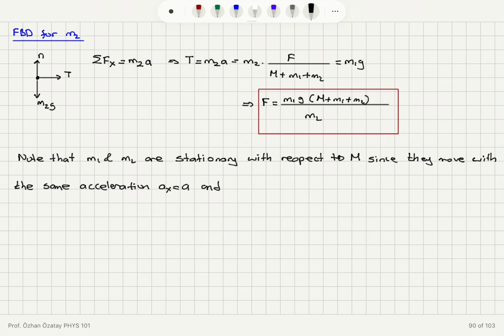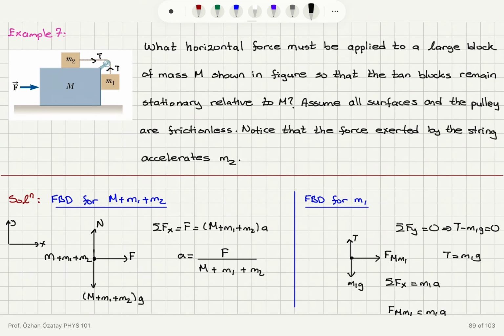A_x is equal to A and A_y is equal to 0. The motion is on the x-axis, so they must have a common x component of acceleration and no y component of the acceleration. So working on the free body diagram for the combined system, I find that this common acceleration,